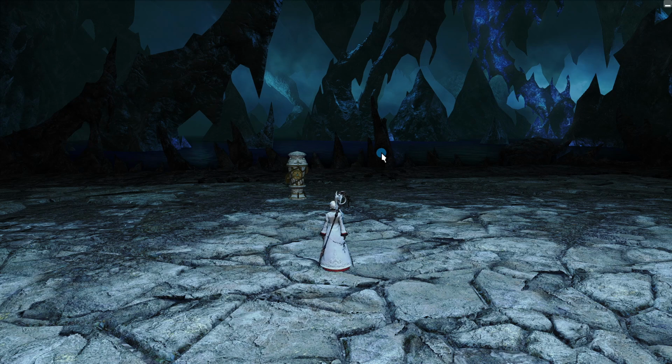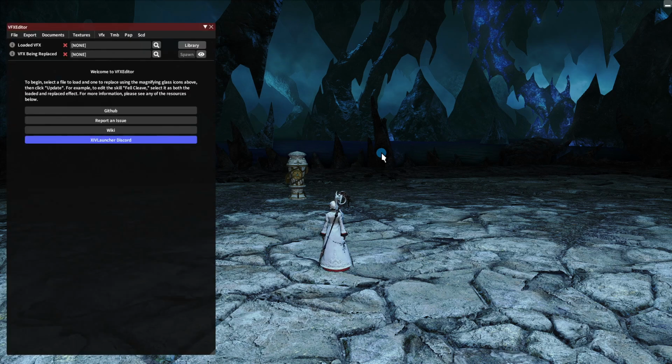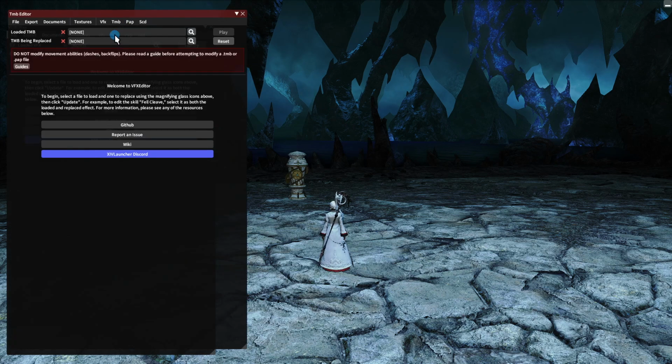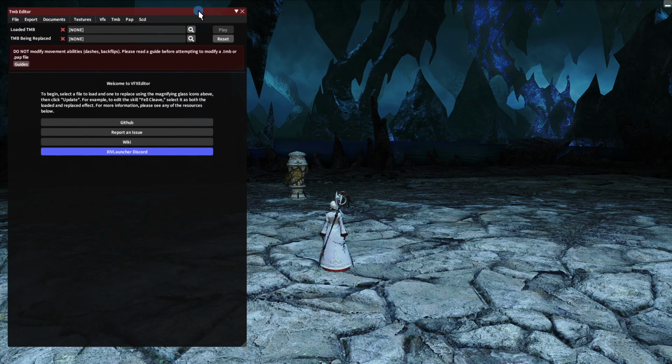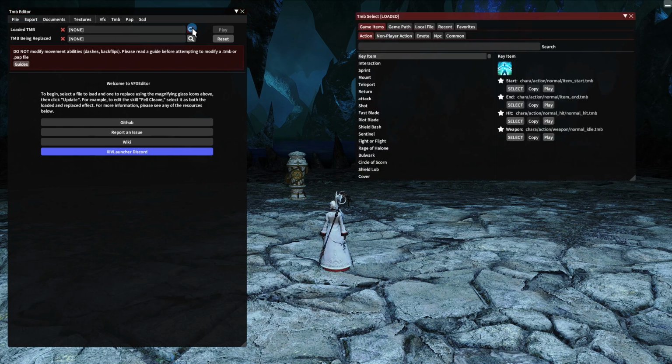So I'm going to open up VFX editor and I'm going to go to the TMB tab, and I will actually go ahead and close the VFX because we will not be dealing with that. So in this particular case, what I want to do is swap the animation of Fire 4 for the animation of Fire 1. So I'm going to click this top magnifying glass here, and under game items and action,